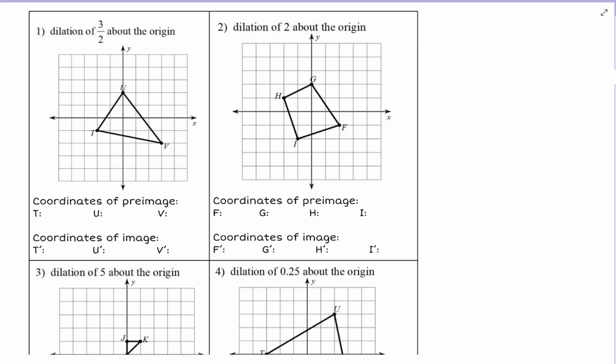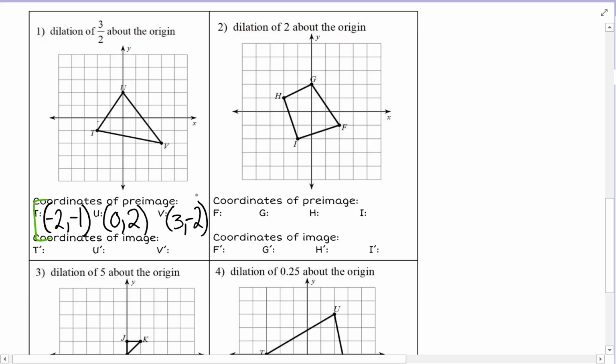They want us to dilate by a factor of 3/2 about the origin. All of our dilations are about the origin. The coordinates of the pre-image, so what are the coordinates that you see right here? Go ahead and write those down. And if we're dilating by a factor of 3/2, we're going to multiply every one of these coordinate points by